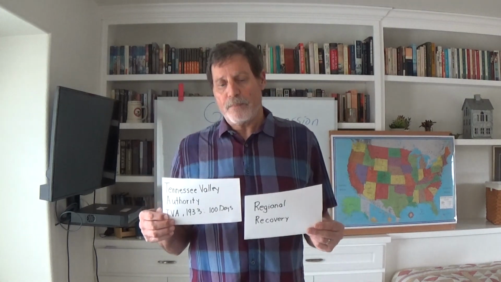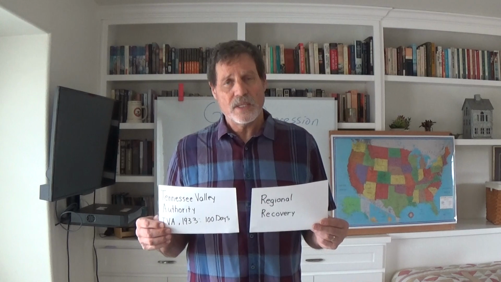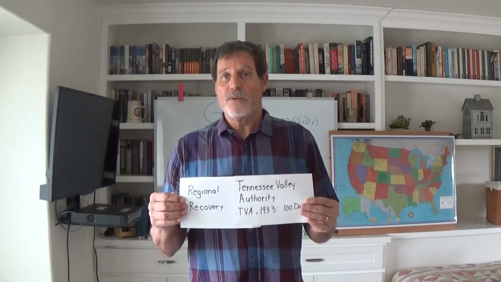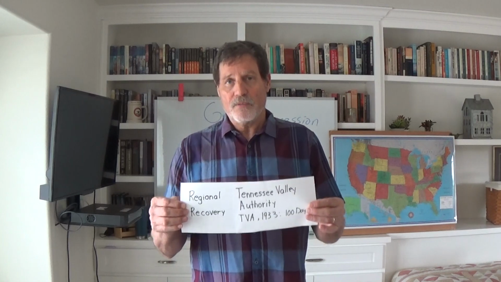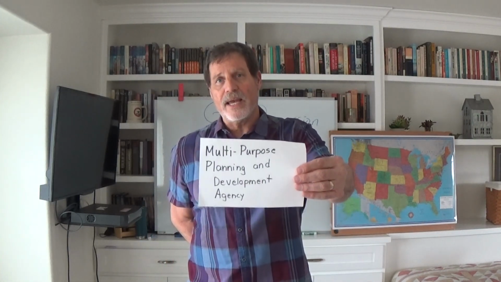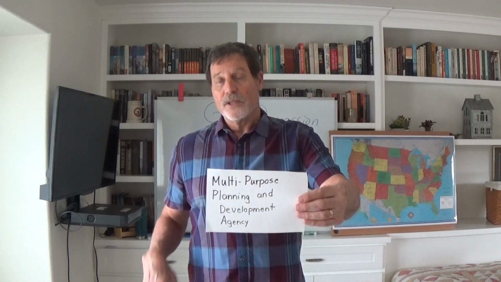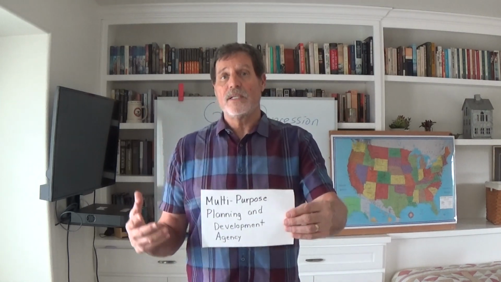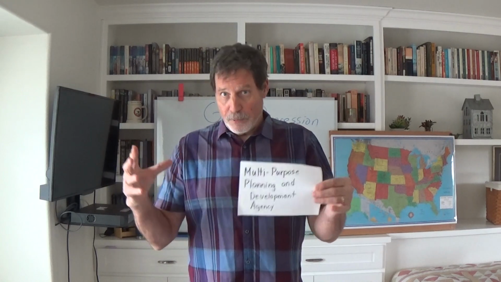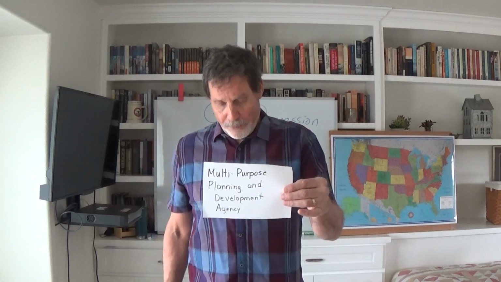Now, the valley area was a troubled area. This was an old cotton-producing area that was not doing very well, to say the least. The TVA was designed to come into this poor region and regenerate it, to promote economic recovery in that particular area. The way the TVA would do this was by creating what I'm going to call a multi-purpose planning and development agency. They're going to try to do a lot of things, all with the idea of taking this poor region and regenerating as much as they possibly can, promoting economic growth and recovery in that area.